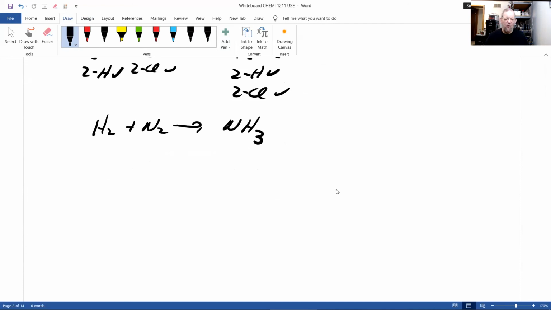Now, one of the rules, not rules, but things I found out that make your life a lot easier balancing chemical equations. And I will tell you this up front. On test 2, I'll have at least 3, maybe 4 chemical equations that you have to balance, 3 points each. So either 9 or 12 points on test 2. I haven't written it yet, but usually I do put that there. So this is an important skill.